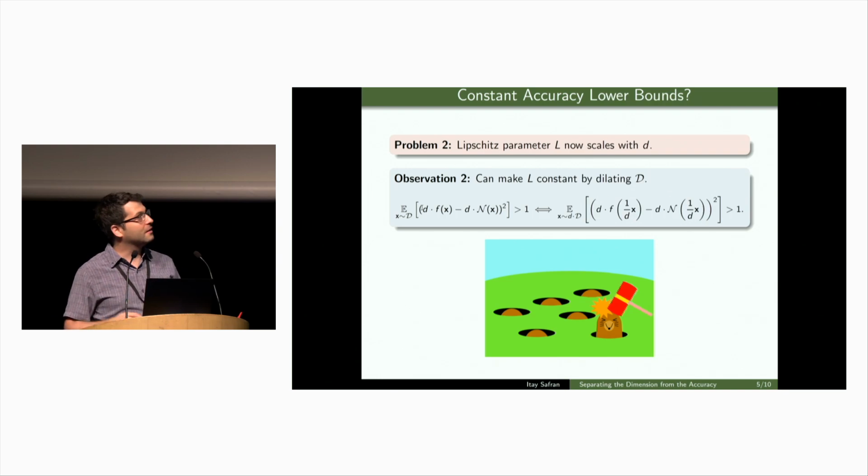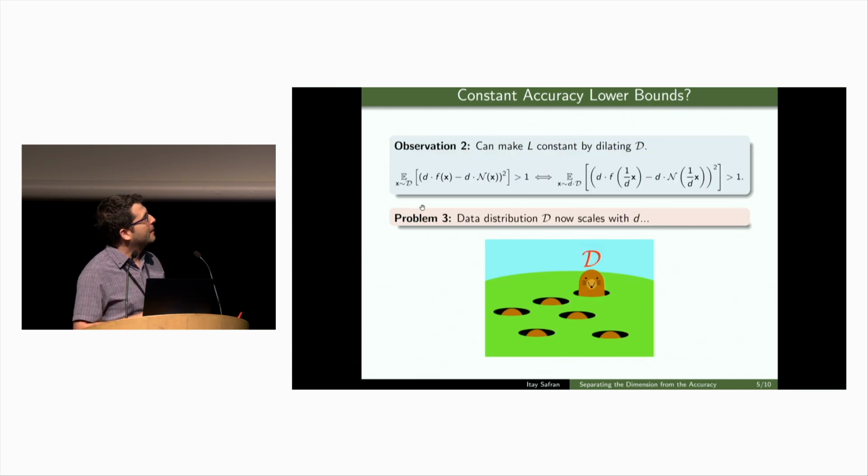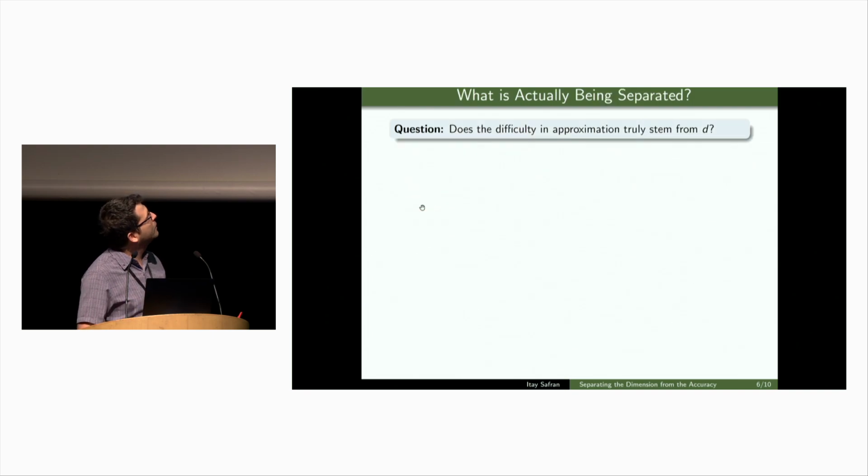However, we did scale the input, and now the underlying distribution scales with d. So it doesn't matter what we do if we consider all existing results. Whenever we whack one parameter, the input dimension manages to creep in somewhere else, and there's really no way to get around this. So this begs a very important question.